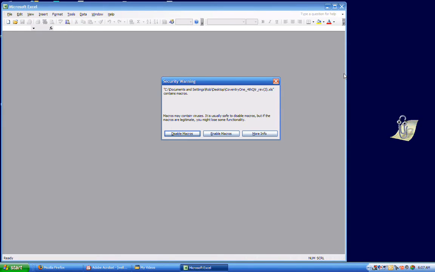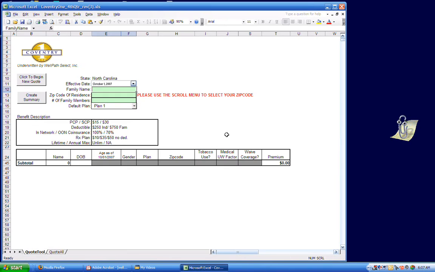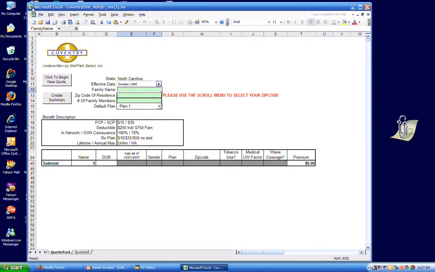You'll notice how it says Coventry 1, and it also states which quarter you're in. So we're currently in the fourth quarter. And once you try to open it, you're going to see a security warning come up. It says disable macros, enable macros, or more info. To run this software and get the full capability, you must enable the macros. Once you do this, you'll see the form come up and be able to start